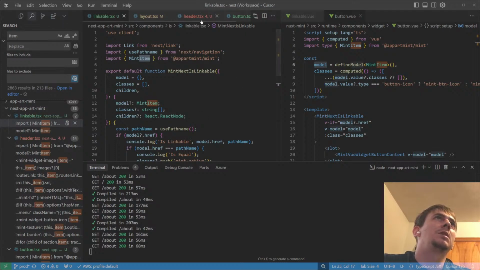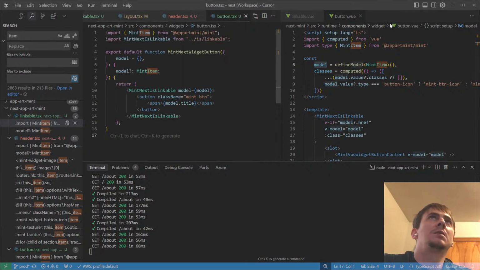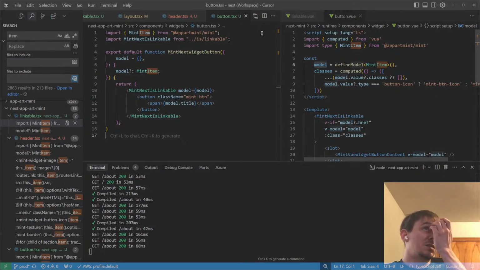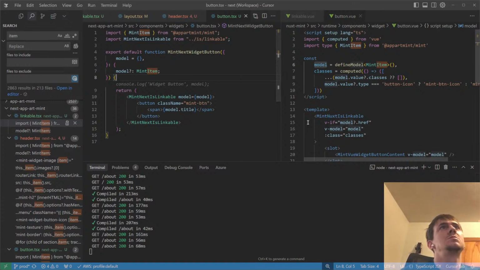The linkable is done. Button. That's what I was doing. Model and classes is computed, so we do